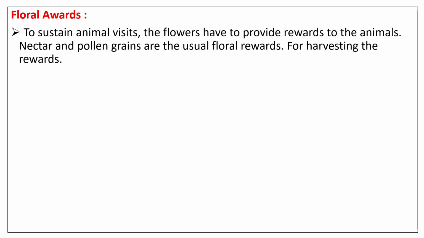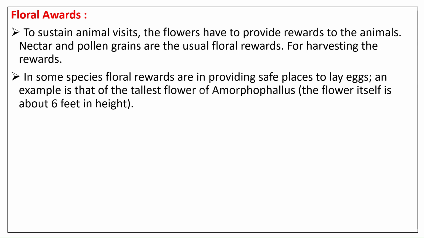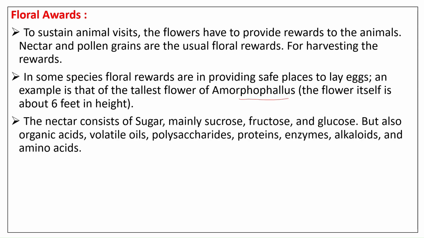Next, floral rewards. To sustain animal visits, the flowers have to provide rewards to the animals. Nectar and pollen grains are the usual floral rewards. In some species, floral rewards are in providing safe places to lay eggs. An example is that of the tallest flower of Amorphophallus. The flower itself is about 6 feet in height. The nectar consists of sugar, mainly sucrose, fructose, and glucose, but also organic acids, volatile oils, polysaccharides, proteins, enzymes, alkaloids,